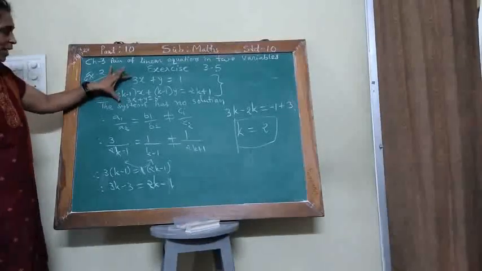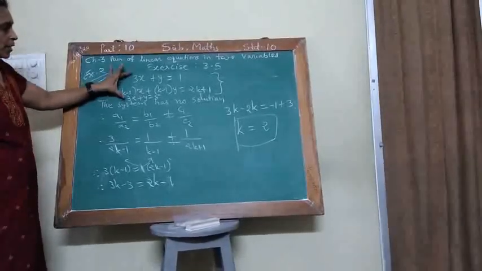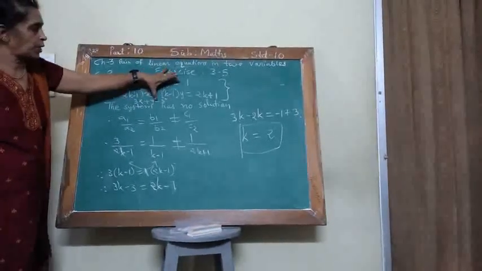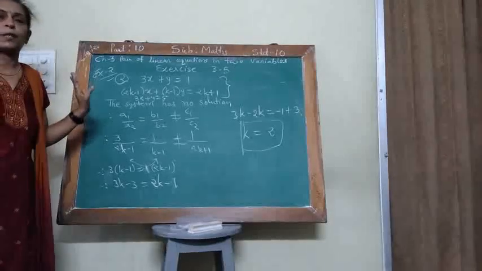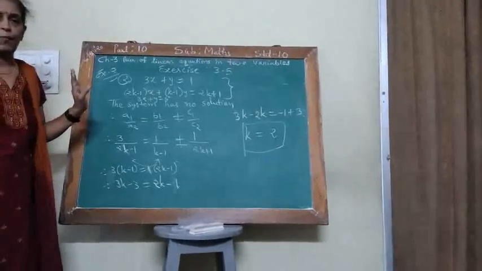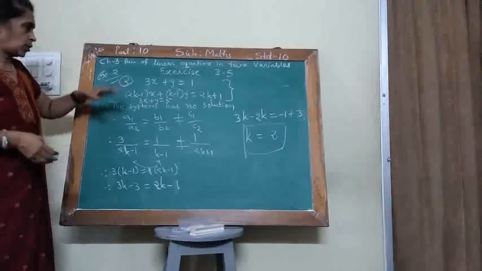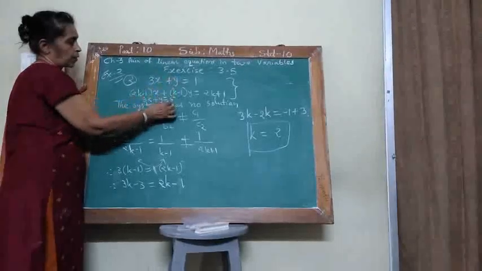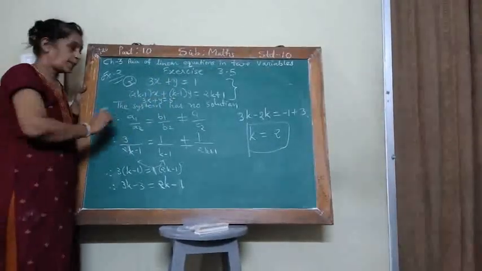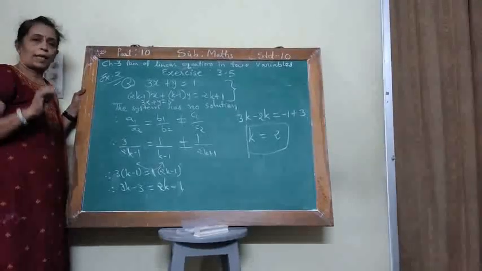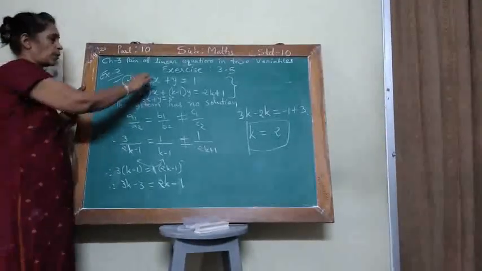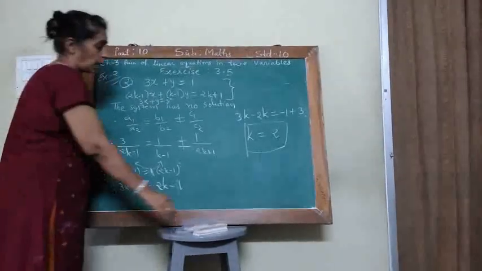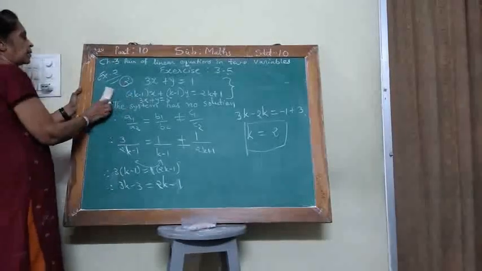And see, one clue I inform you: if lines are parallel, then the coefficient of x and the coefficient of y are the same, but the constant terms are different. Only the constant terms are different. If lines are parallel, no solution exists. So this is the clue. If not the same, then divide all the terms and make it reduced form. In reduced form, both coefficients of x and y must be the same and the constant terms are different. So our answer is right.